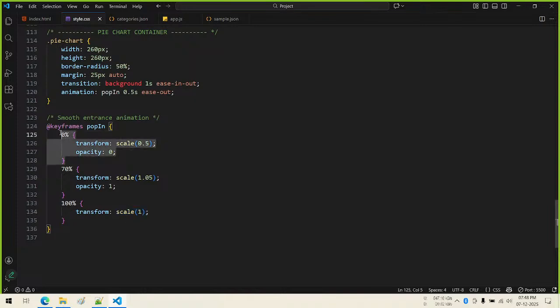What it is doing, from just assume 0%, 70% and 100%, this is a time axis. So suppose 0% to 100% is taking 1 second. Actually the seconds also we can define, but you can assume it is 1 second. Now if it is 1 second, then from 0 to 70 millisecond it is increasing, and from 70 millisecond to 100, that is 1 second, it is doing what,